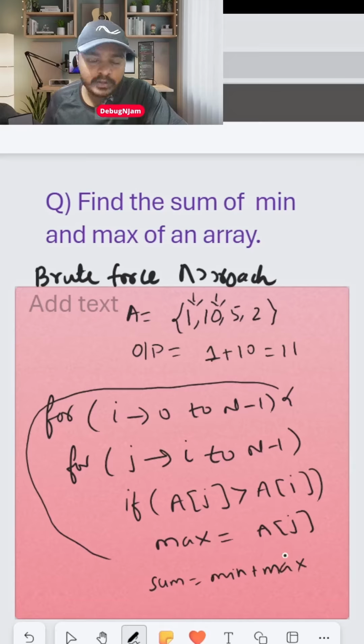This is the brute force approach, but this is a red flag because we know that two loops running from 0 to n minus 1 would